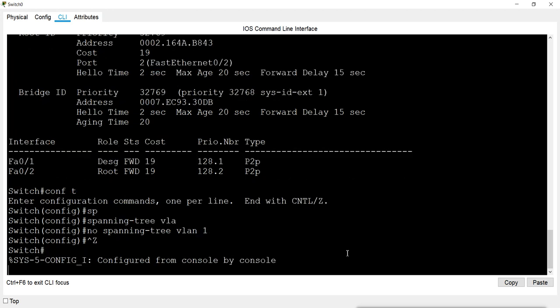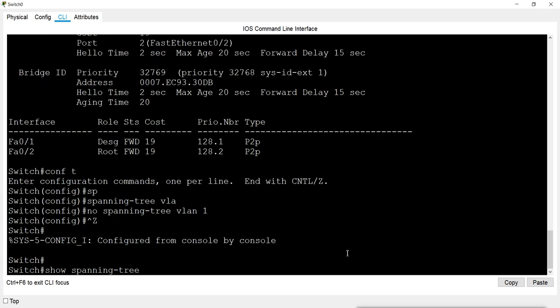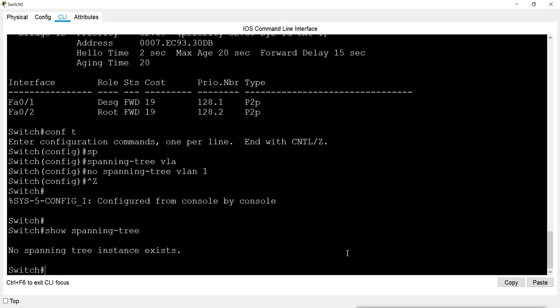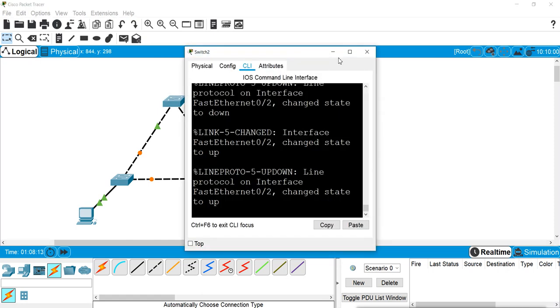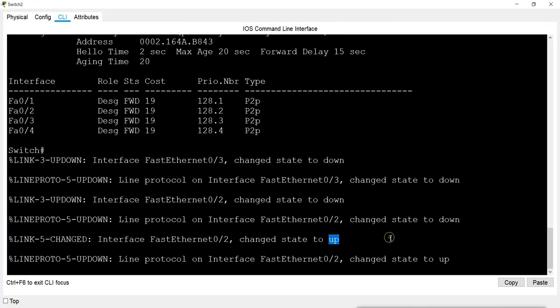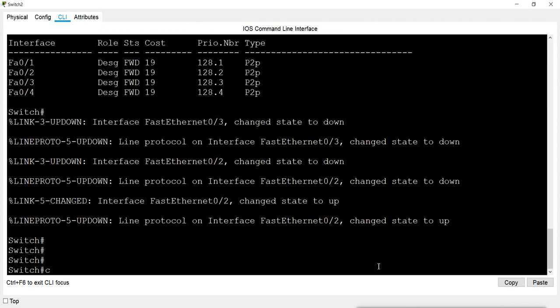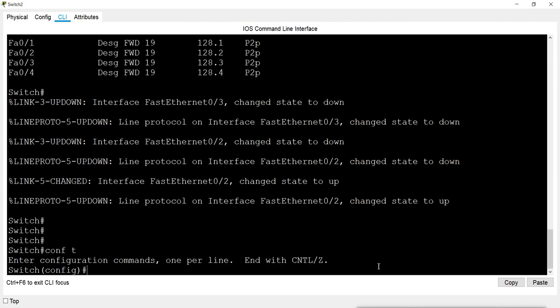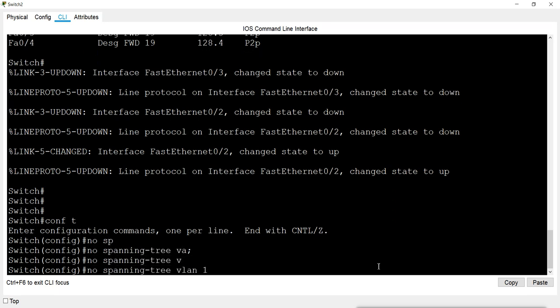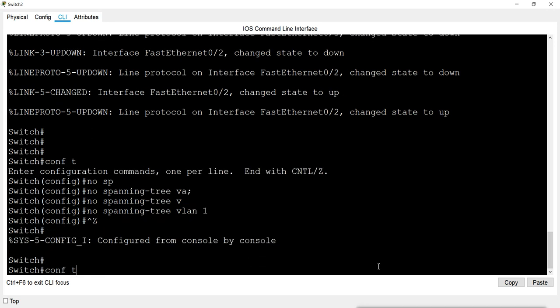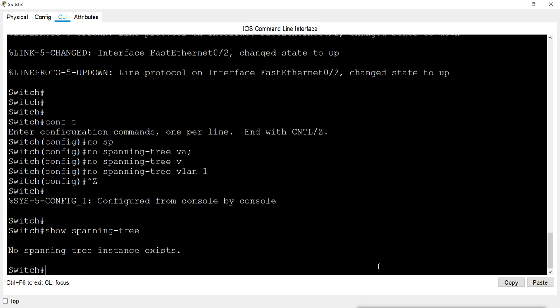If I run this command, it will disable the spanning tree. Now when you check show spanning-tree, it says no spanning tree instances exist. So I disabled it on one switch. Still no problem because the other switches are still running STP. Now I will disable it on this switch also: no spanning-tree vlan 1. Now when I check show spanning-tree, it is not running here also.